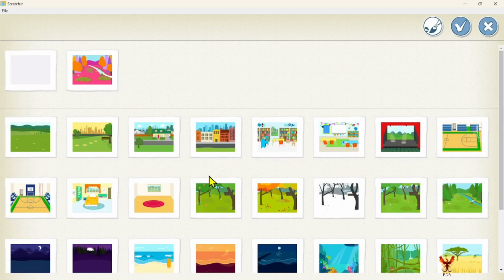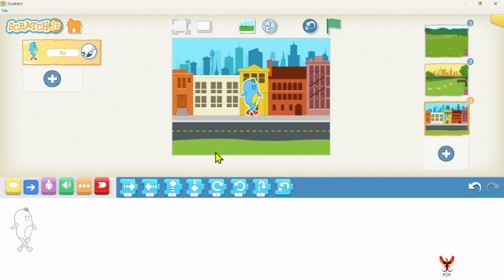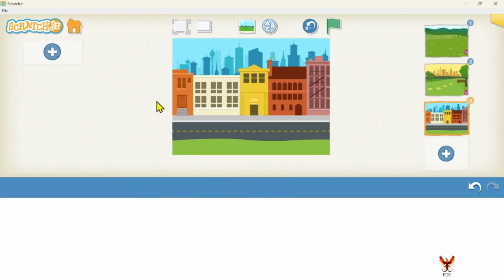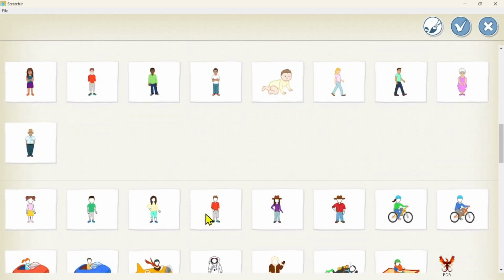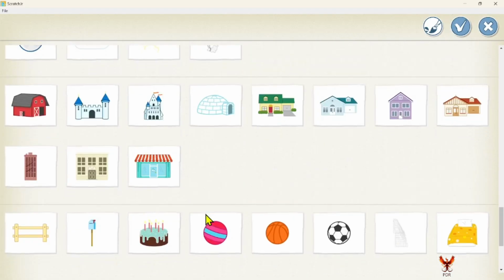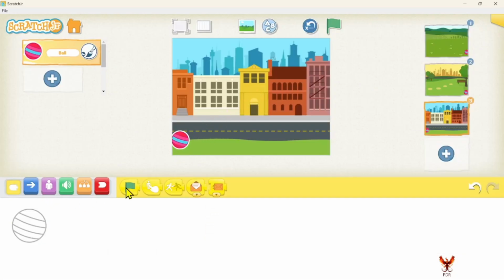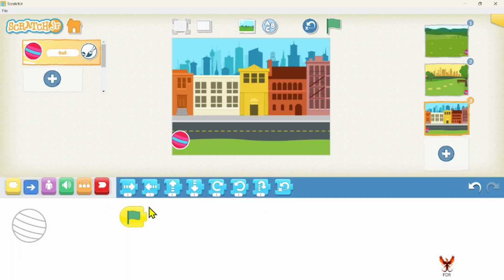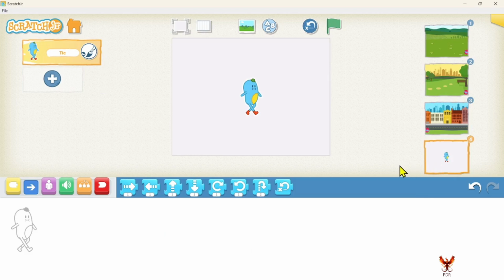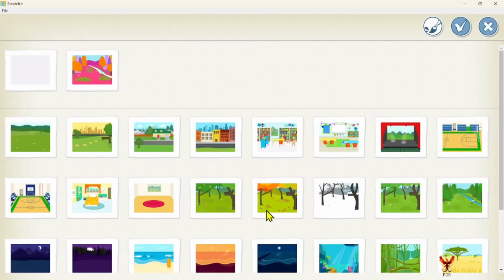The next background, I think we are going to add city. I'm going to remove tick. I'm going to be adding the ball. Now I'm going to place the ball here and I'm going to add the same command here and I'm going to say 18. Okay, so here the number of pages we can add is not more than 4. So let's add the last